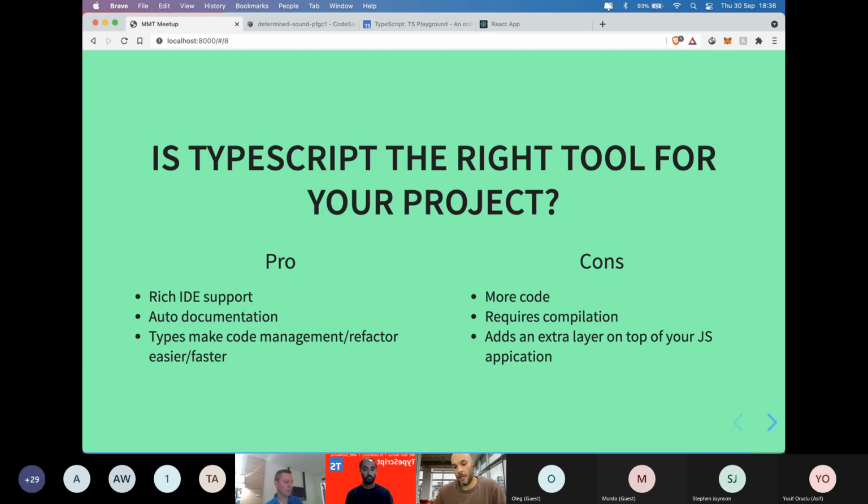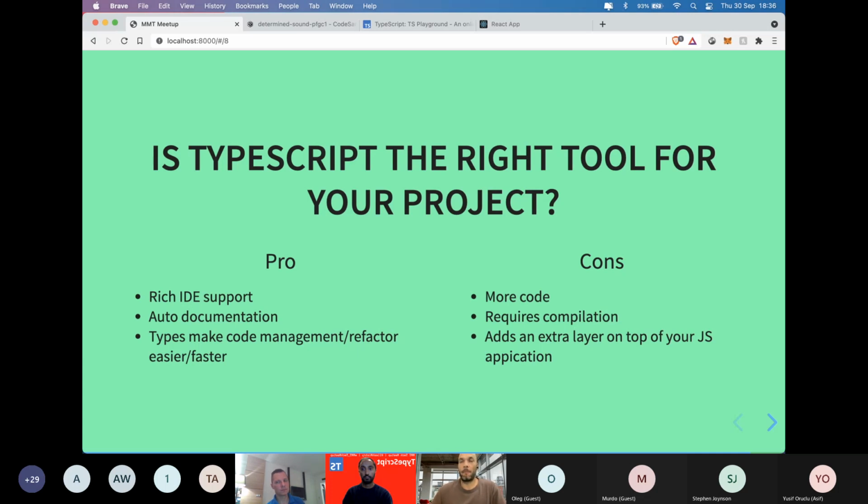On the other hand, of course you have to write more code. Sometimes the code you write is more verbose. It requires compilation because, as we have seen, we have this tsconfig file that needs to set the rules to transform your TypeScript into JavaScript. And TypeScript adds an extra layer on top of your JavaScript application.